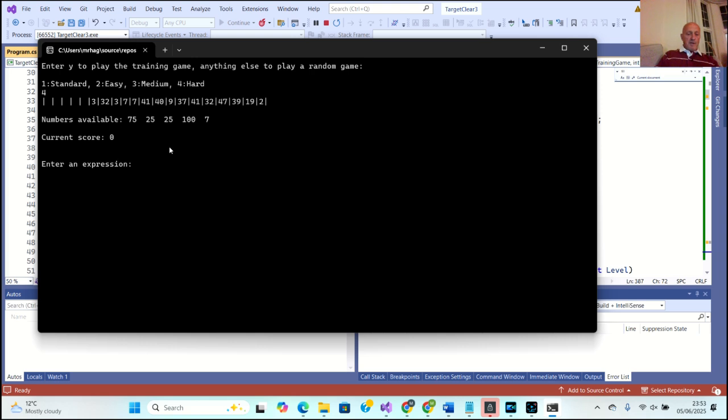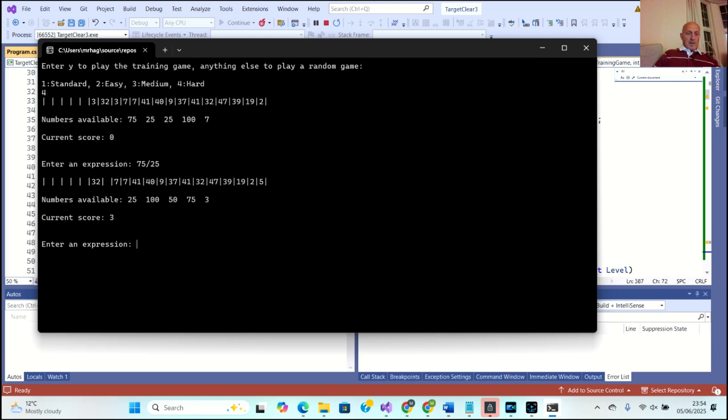So 75 divided by 25. And it has gotten rid of the 3. It has, in fact, worked. Okay. I kind of wasn't expecting that to work, because